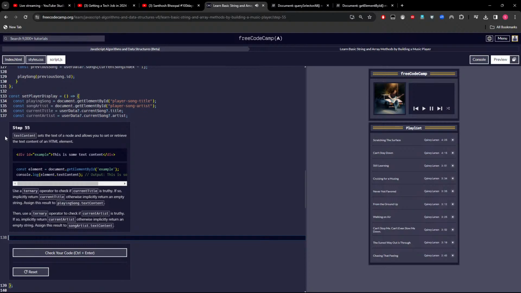Alright, what's this? Text content sets the text of a node and allows you to set or retrieve the text content of an HTML element. What? Let me read this again. Text content sets the text of a node. Allows you to set or retrieve the text content of an HTML element. Okay, so we're gonna be able to access this inside a div, for example. And let's see how this works. Okay, so this element holds, for example,